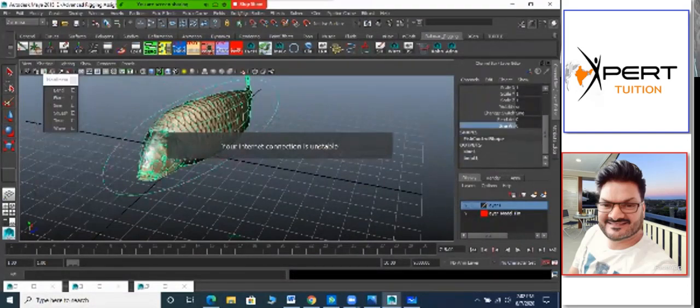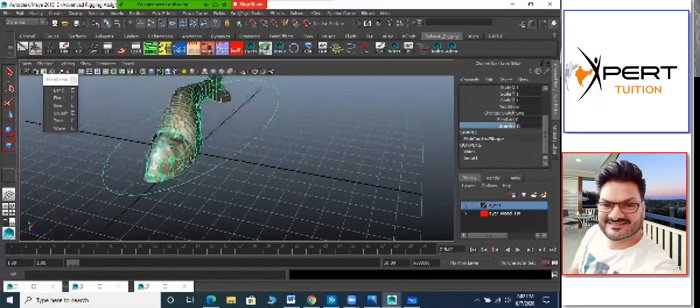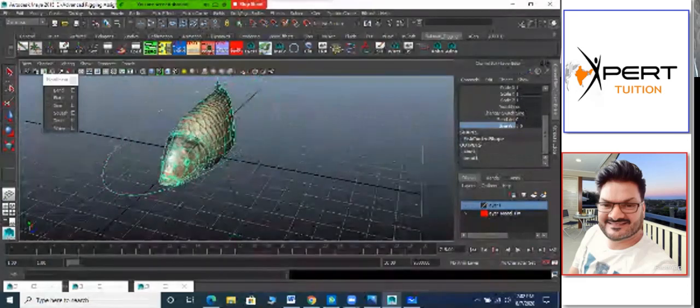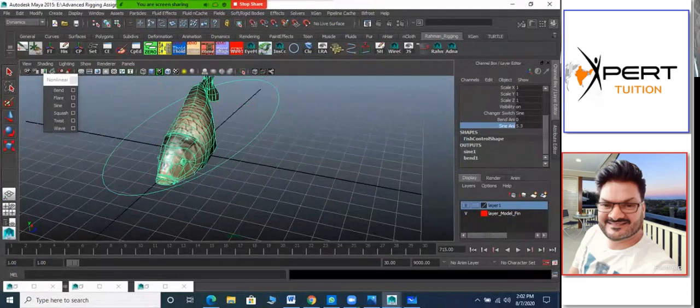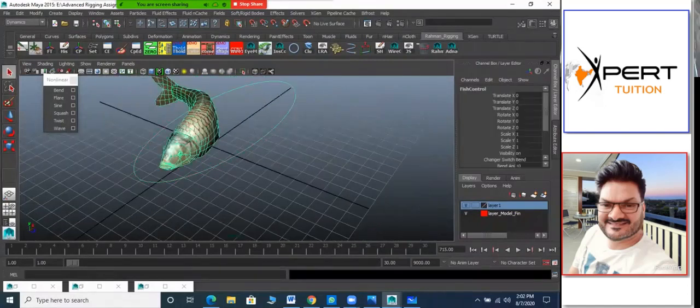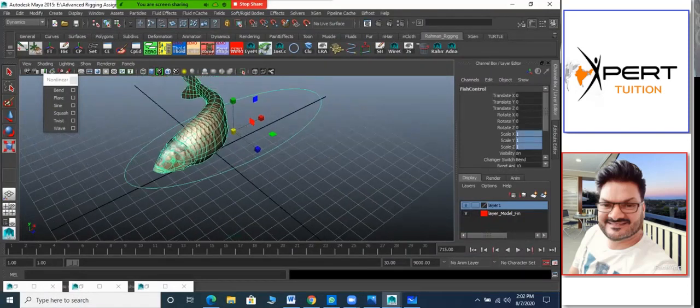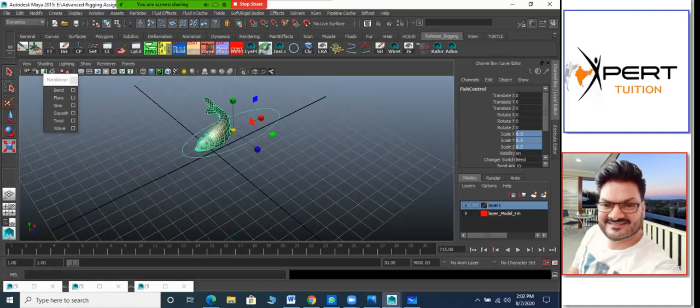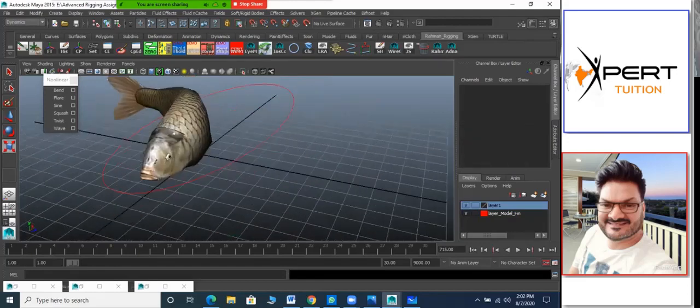So the sine animation. Is it working fine? Both eyeballs are going perfectly with that. And even if I go into bend, you see that it is working. Is it clear for everyone? Sure. And we need to check with the scale also, whether it is working fine or not. So 0.5, it got scaled. Are the eyes automatically going with that? Yes, sir. So that means this is working perfectly. Now, if you all got the idea of how I make that